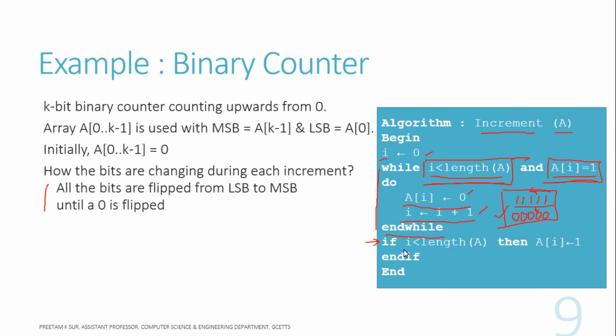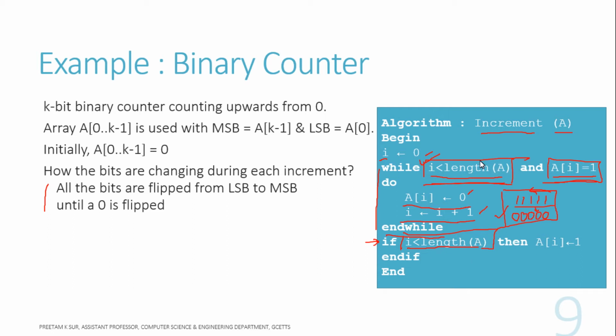So in this case, if the loop is exited using this condition, then we should not have any bits to convert to 1. Okay, so this if will not be executed, because the while loop exited when its condition became false, and when it comes to the if statement after the while loop, it will also find that this statement is false, right? So it will not convert any bit to 1, okay, which is what should be done.